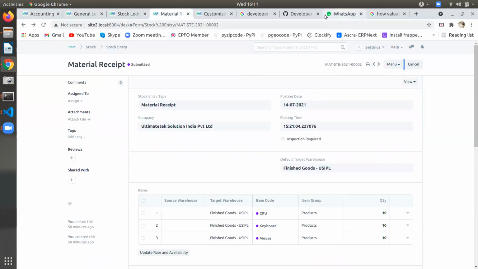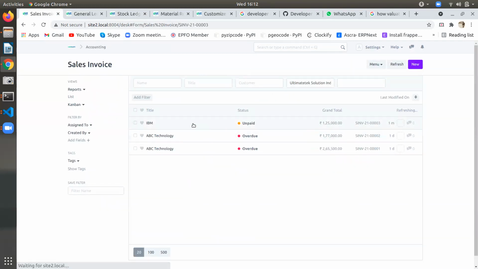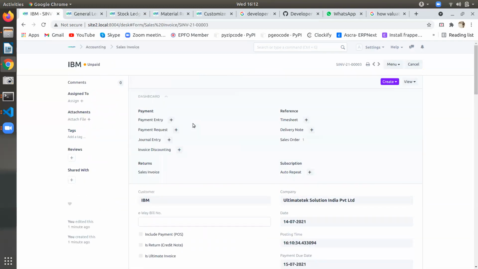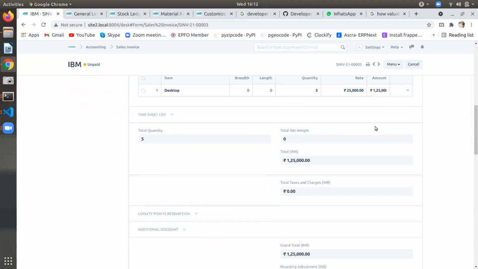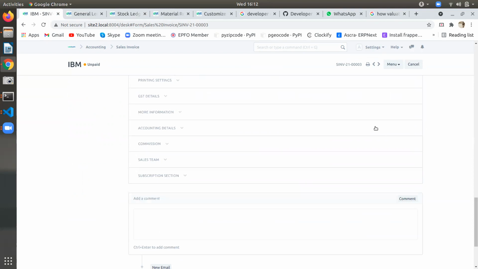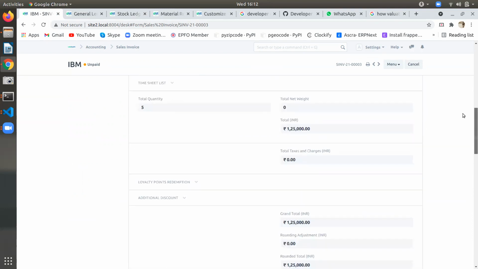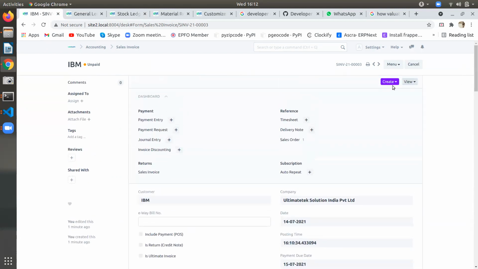The stock will be affected only when you make a delivery note.